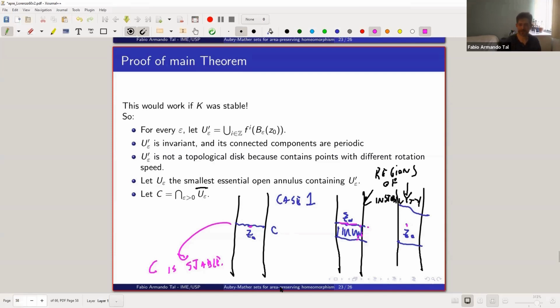Or this set is stable, and since this set is stable, the rotation number here is going to be the limit of the rotation numbers of the other things. So the set C all rotates with the same rotation speed, which is the rotation speed rho 0, and it sort of ends everything. And yeah, I think I'm done with the time, so thank you. I have two more slides, but